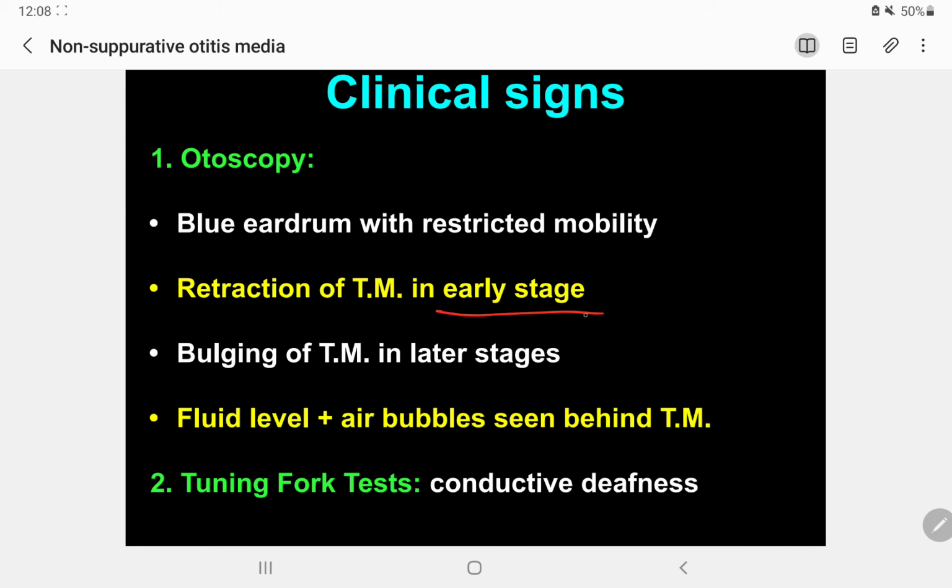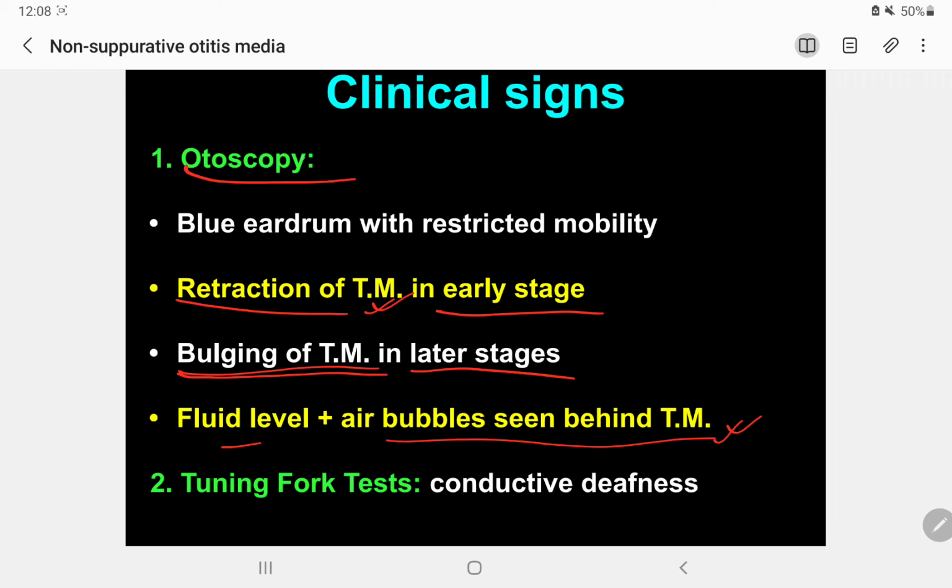And in the early stages of otitis media with effusion, there will be retraction of the tympanic membrane, retraction pockets can be seen, but in the later stage there will be bulging, that is a clinical sign. And then we can also see the fluid level plus air bubbles behind the tympanic membrane, we will see a picture of that. And then while we perform the routine checkup, otoscopy is done, then we do